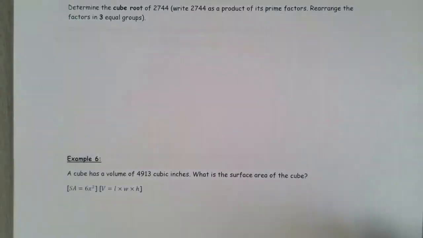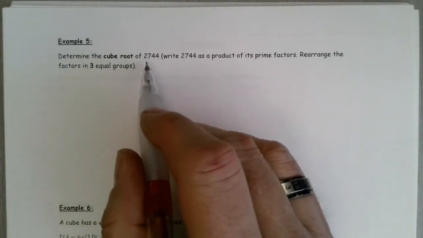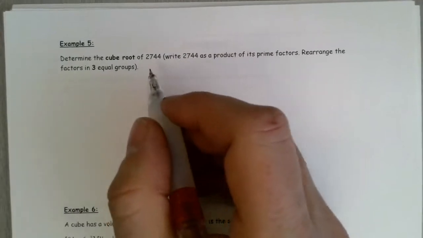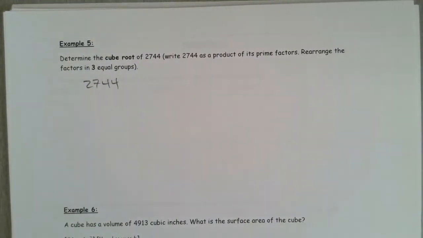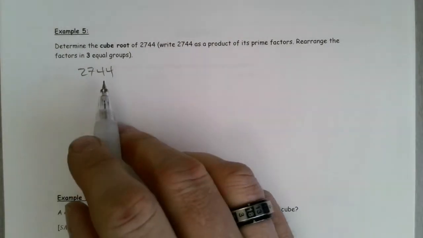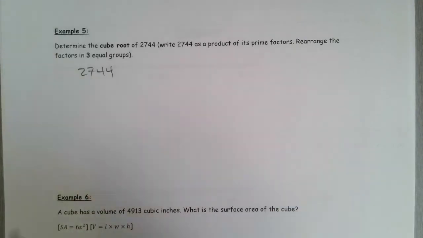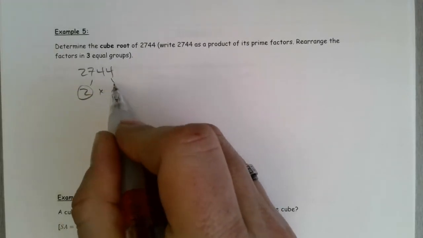Let's keep going. The next question is, determine the cube root of 2,744. And we're going to approach this the same way. Just off to the side here, I've got 2,744. In fact, the only way I can anticipate this getting more difficult for you is if the prime numbers they use are a little bit larger. But even that's not going to slow you down too much. So the first number we're going to do is divide by 2,